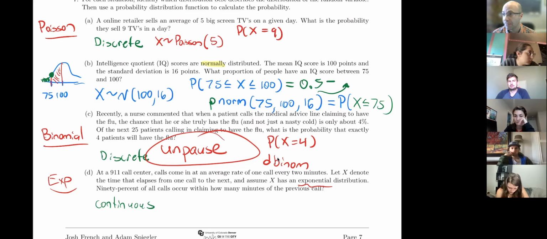we don't have a fixed set of trials. We don't know what the probability of a success is on any one trial or anything like that. But we know how many TVs they sell on average, and we're trying to calculate, well, what is the likelihood that they sell a certain number of them? So